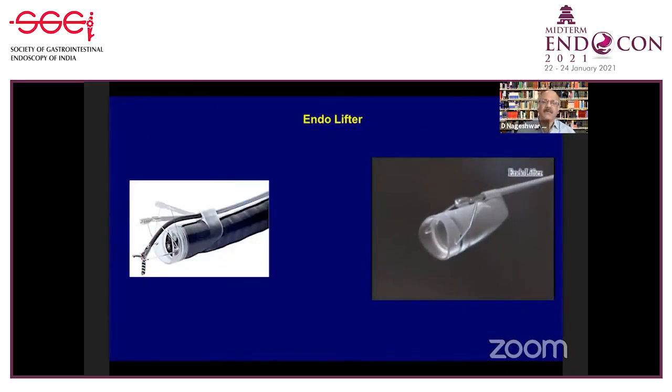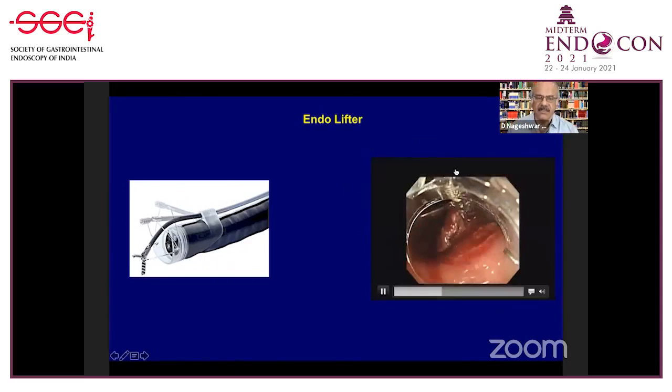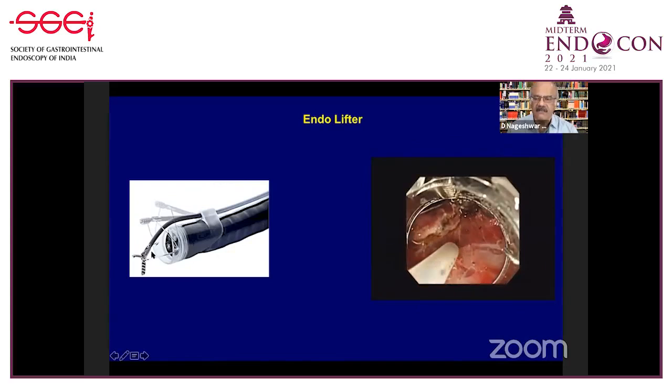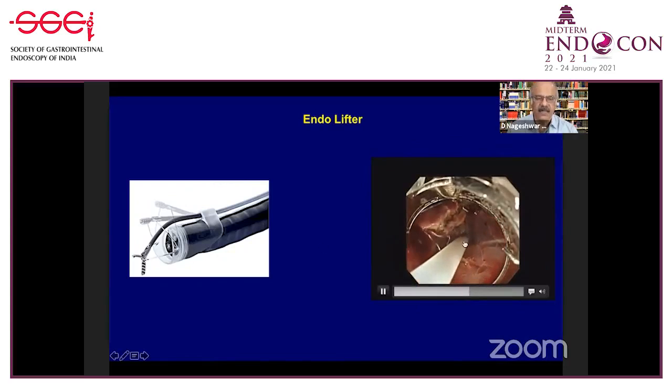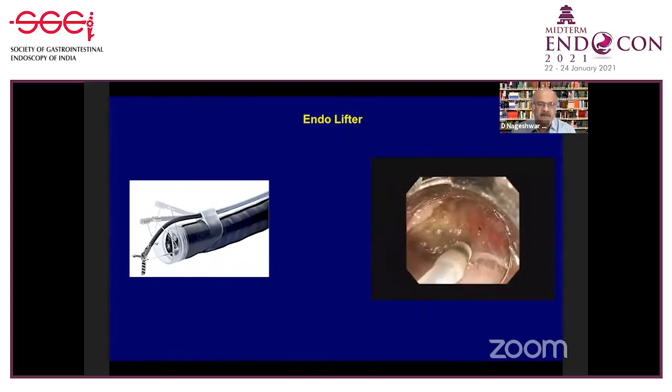And of course, we have newer techniques, the EndoLifter. The EndoLifter comes from Olympus, where at the tip there, this is Yahagi's invention, you can actually have another channel where you can put in a grasping device. And you can see when you're doing an ESD, the problem is you can't lift this tissue normally, but using this EndoLifter, you can lift this with the forceps, and then you can continue your ESD. So this is a device which is very cheap. It's available now. You can start using it, especially if you are doing a lot of ESDs. This is a useful device